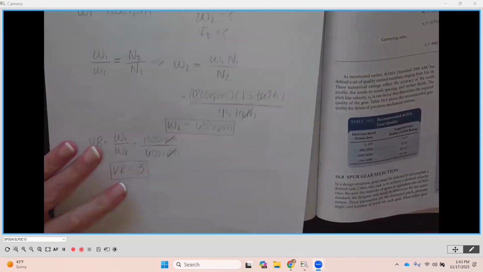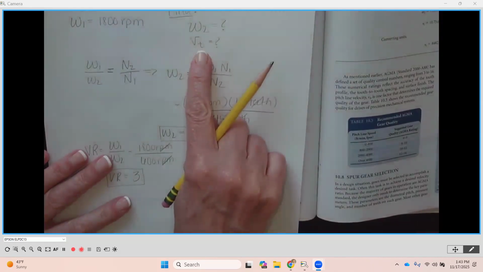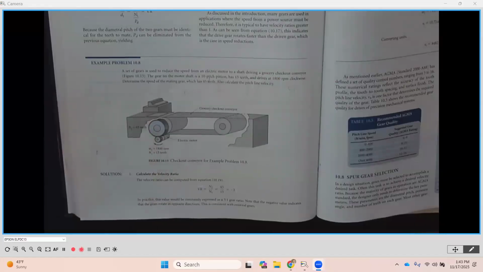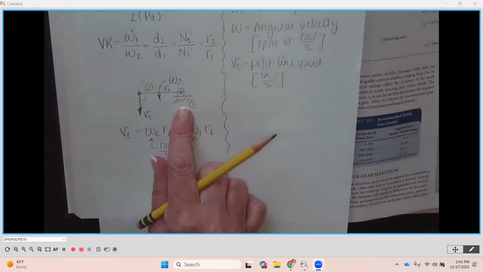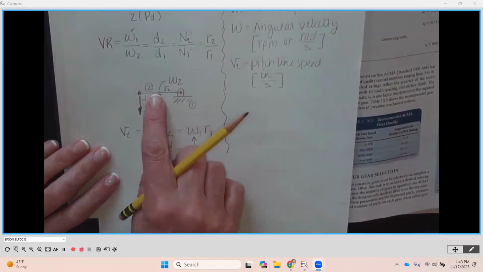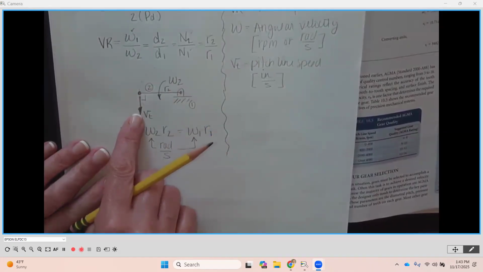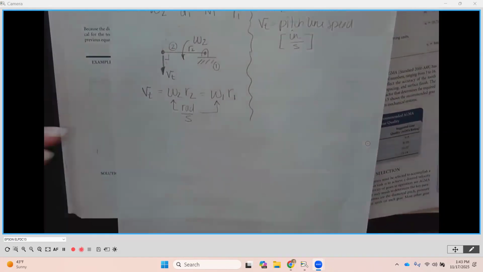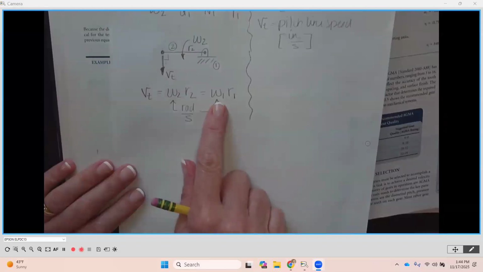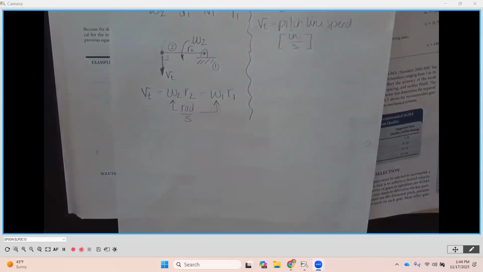All right, then the second thing that they are looking for is what is the pitch line velocity, okay? So again, what that's going to be is, if we go back over here, looking at one of those gears, whether it's the pinion or the gear, and looking at how fast it's going around. VT is going to be equal to the angular velocity of the length that we're looking at, times how far away from its center of rotation that endpoint actually is. If I'm looking at the gear or the pinion, I have to use consistent units here. So VT,